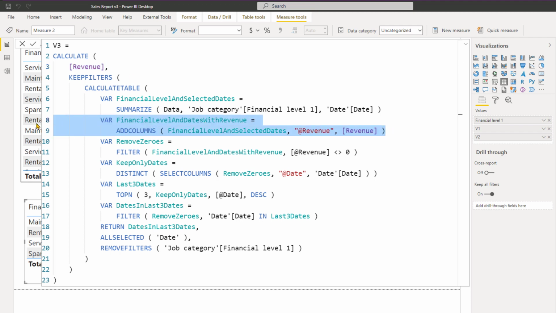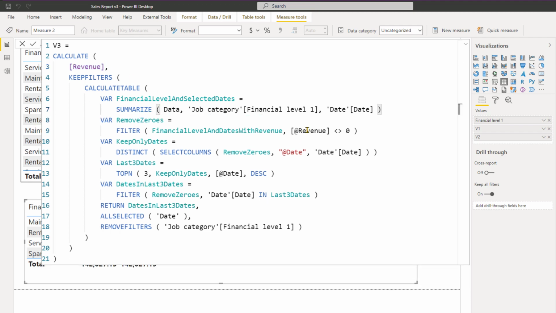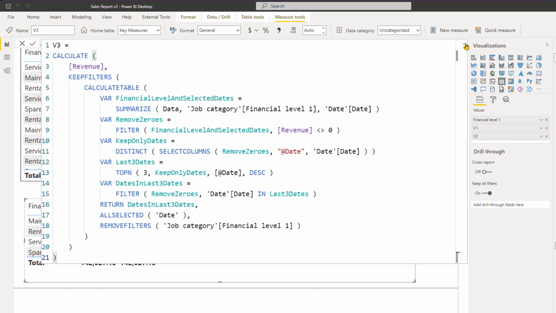So we can simply get rid of that. And instead of this, we can simply write that the revenue should not be equal to 0. And in the first part, we are going to use the correct variable, and then we can keep everything as it is. And if I click on confirm, just to make sure the code is working,